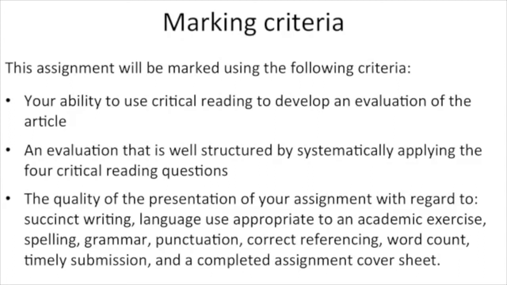The next criterion is about how well structured your evaluation is, and this is about going through those questions in a systematic manner. How well does the structure of your 500 words support you going through those questions systematically? And then the next criterion is around the quality of your presentation of the assignment. There's a whole range of factors there, and I won't go into that.